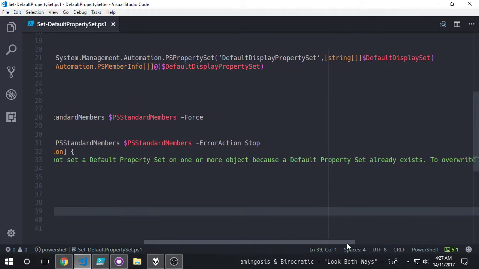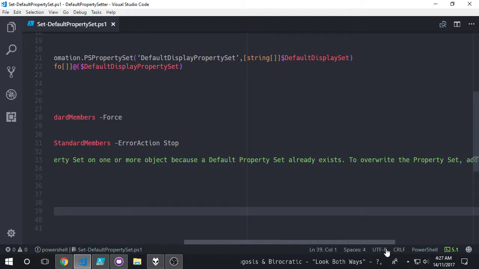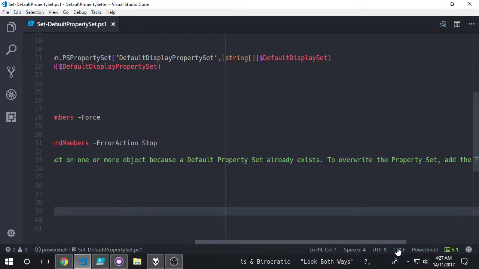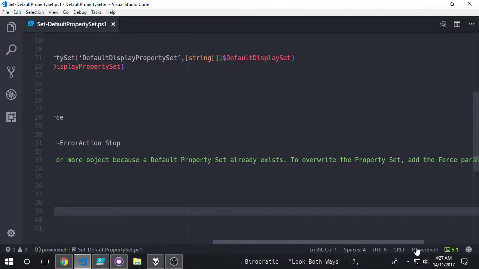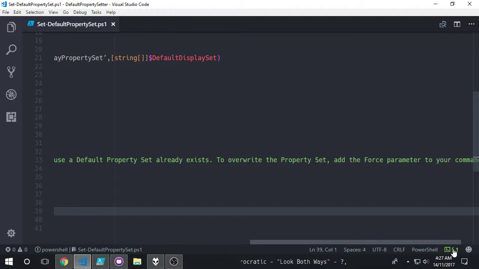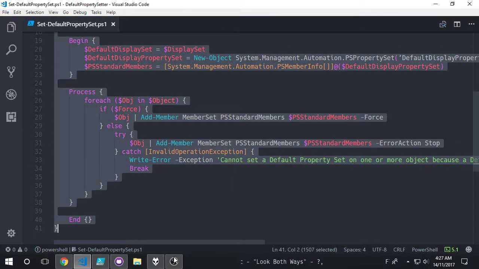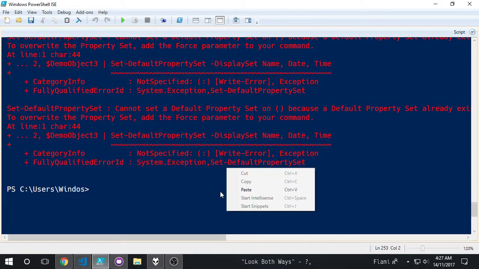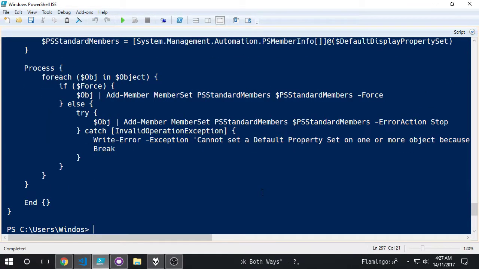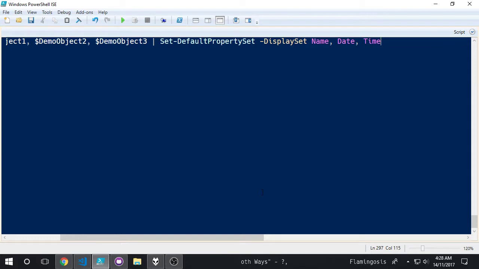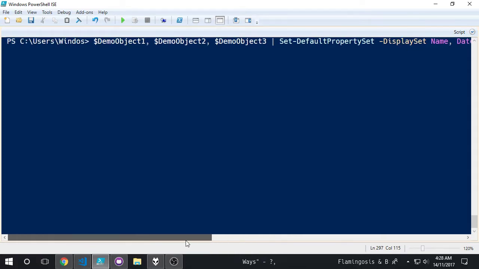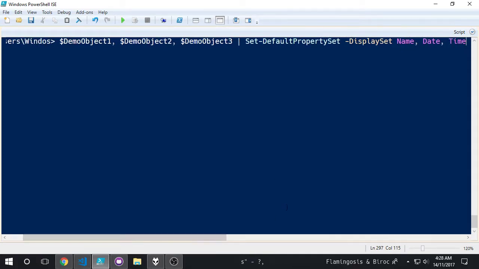And it's telling the user that a default property set already exists, and to use the force parameter. So if we take all that again and overwrite it in the ISE, if we go back to trying to do this with our demo objects,